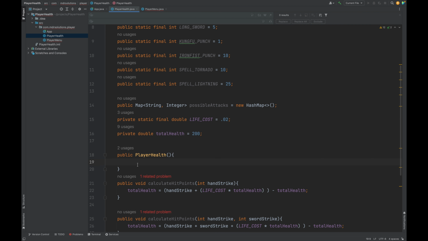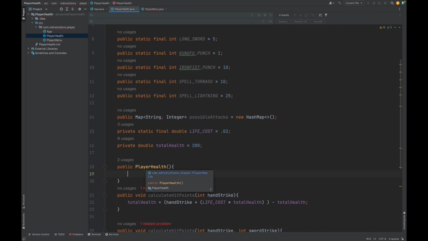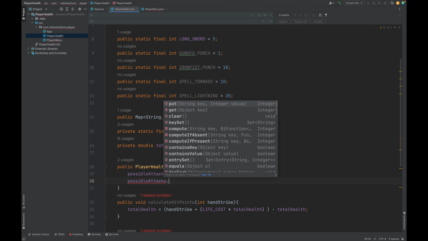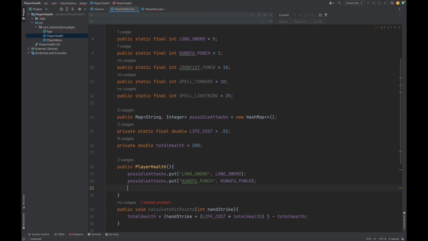And in our player health constructor, we're going to store these values. So we're going to call possible attacks put, and we'll say long sword, and that's going to be a long sword. Possible attacks put kung fu punch, and that's going to take a kung fu punch. Possible attacks put